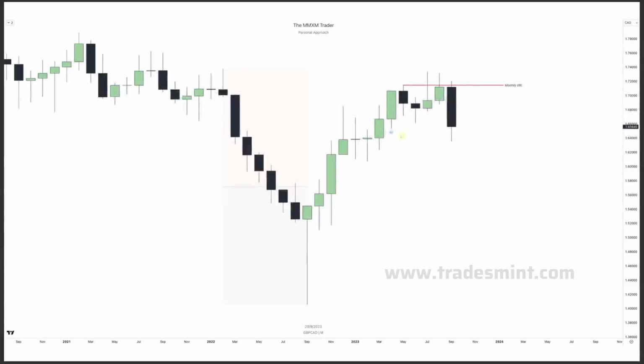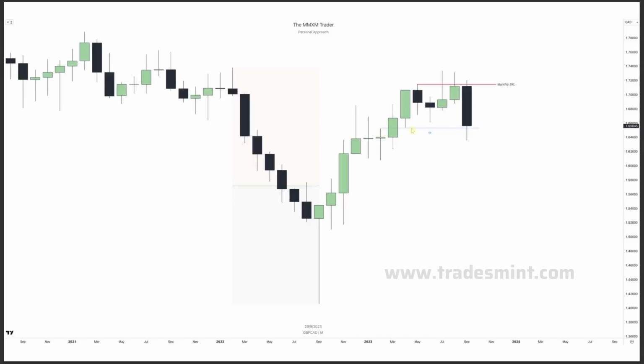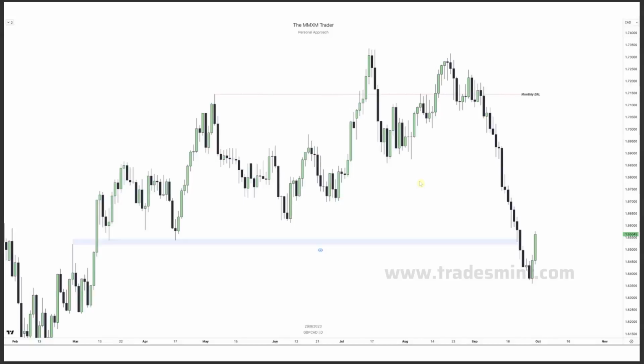We've got a little gap over here, right? So that is the draw on liquidity after we take out that external range liquidity on the monthly. And there you have that little fair value gap over here, which is the draw on liquidity. We started off with the monthly and we're diving into the daily right now to get a little bit of a clearer picture. We've got that monthly external range and we've got that monthly internal range, which is the draw